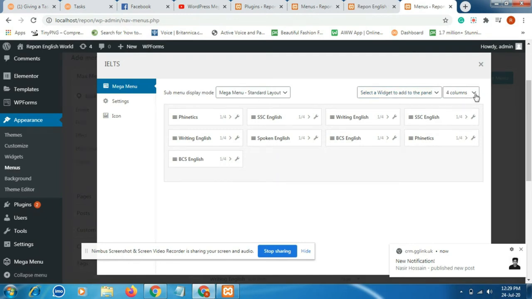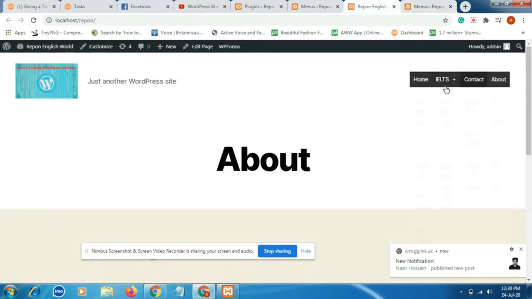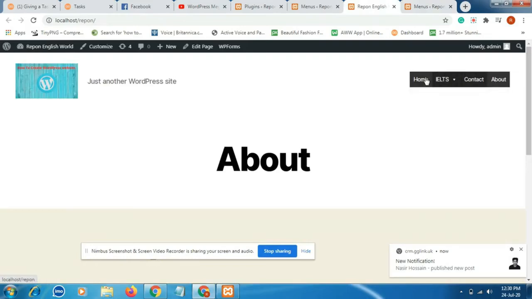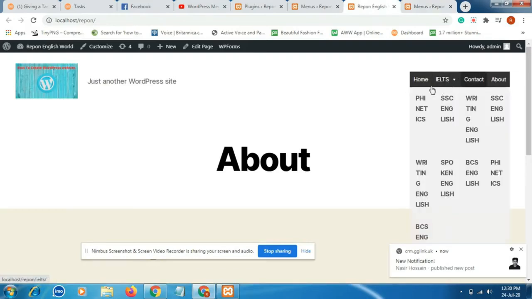So guys, if you want to change the column section, now our column is 4 columns, and you can see it is our mega menu.